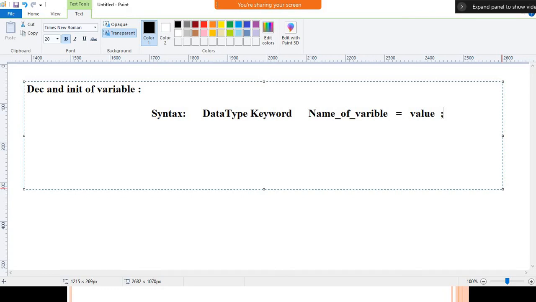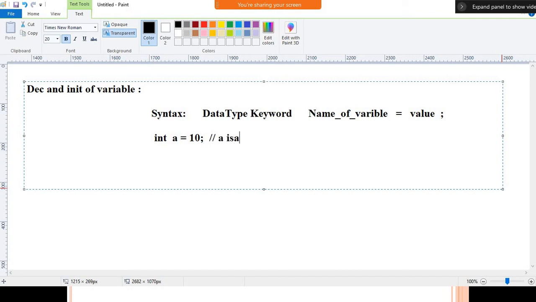Earlier we used a data type keyword, and after that the name of variable, and after that a semicolon, and later we use the name of variable and its value. Okay, so ये different types में हम दो type में use करते हैं. Right now we can use it in a single statement. For example, here I will use int, after that a variable name, and I want to store 10 inside that. So I will read that statement.